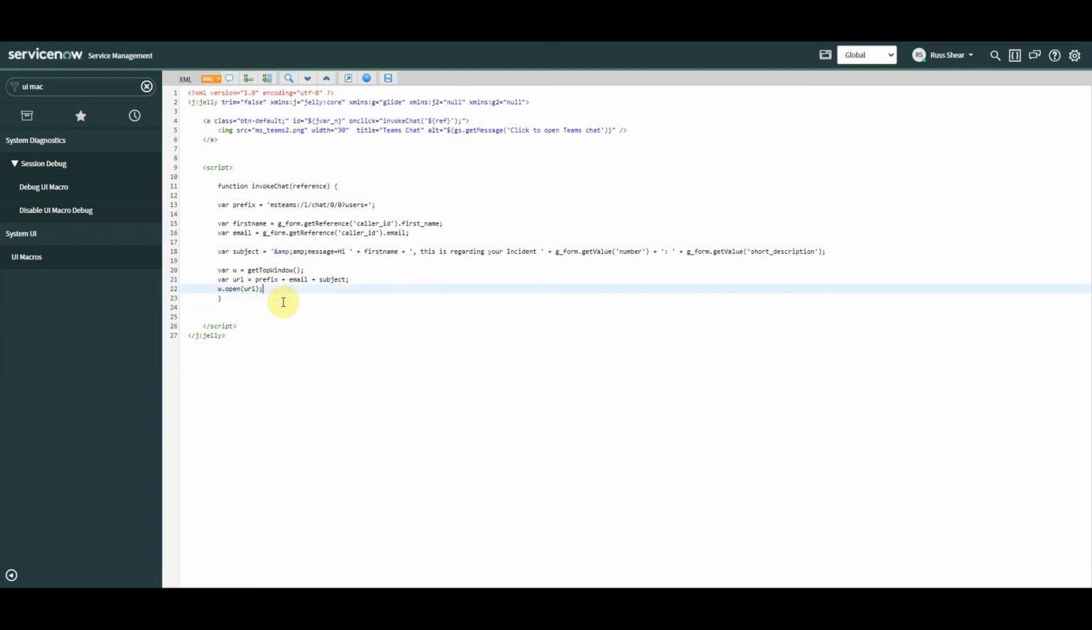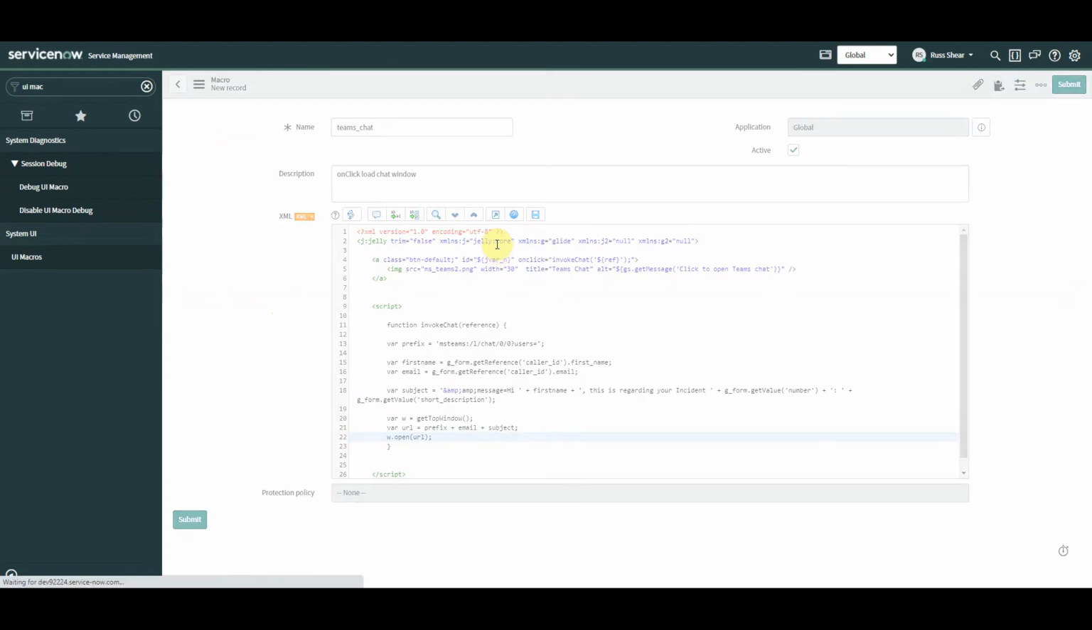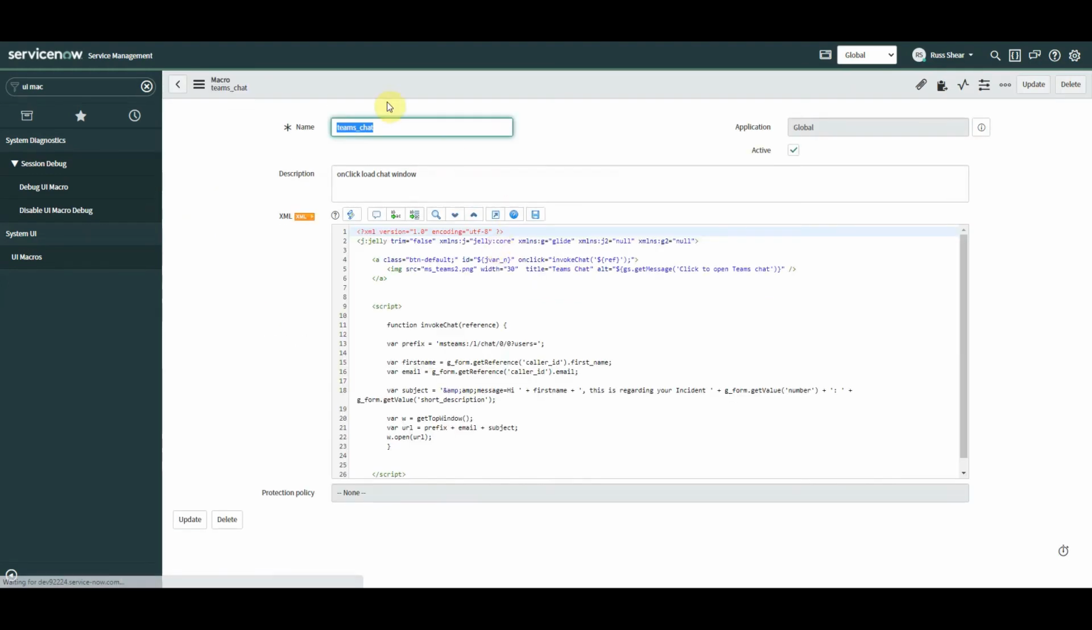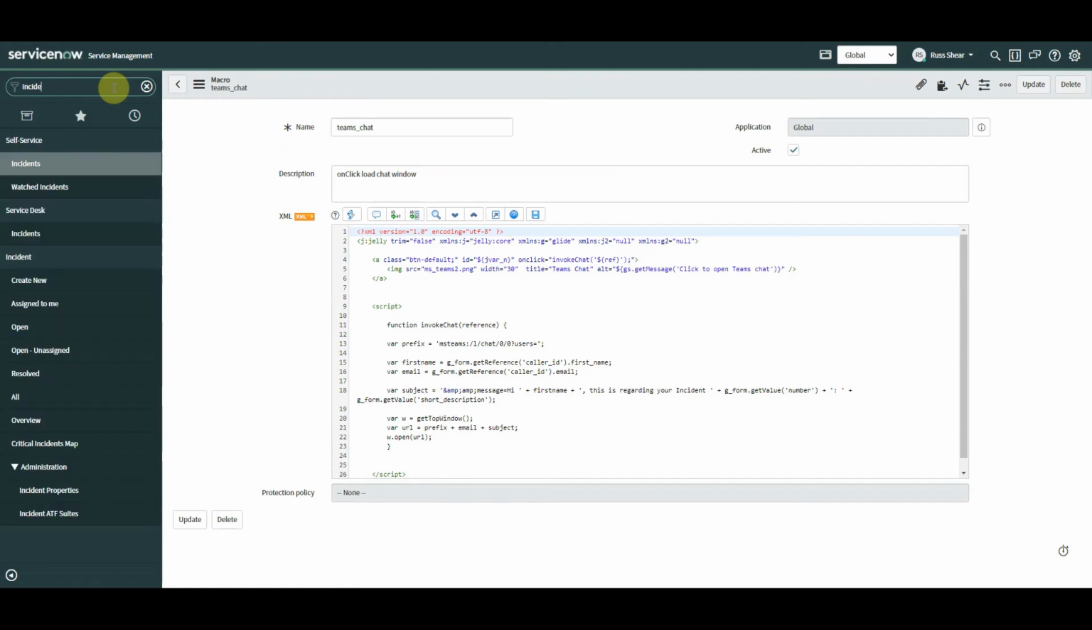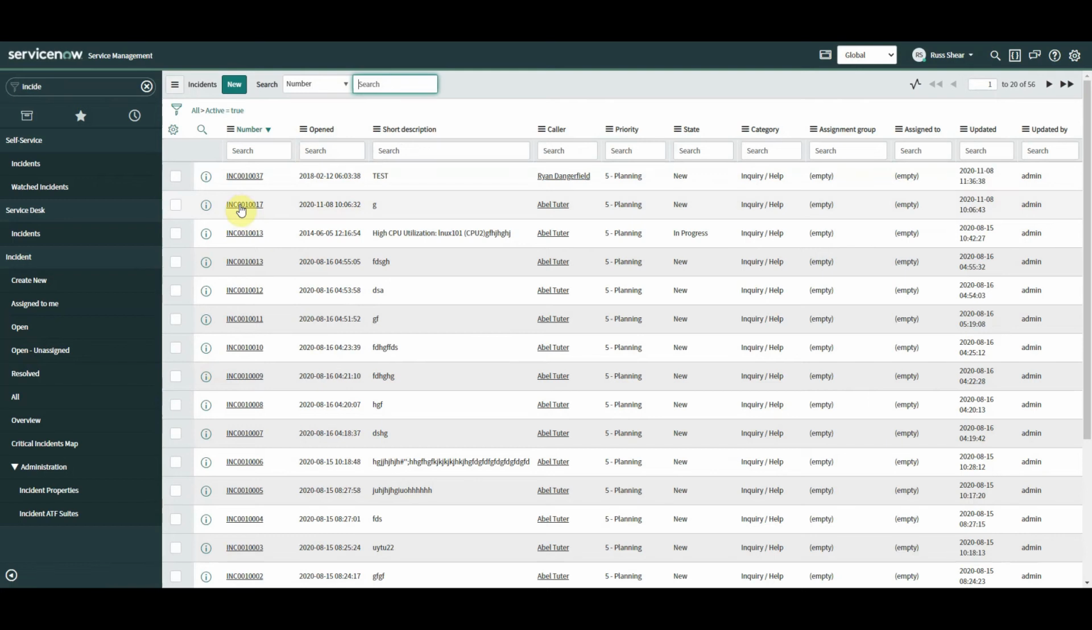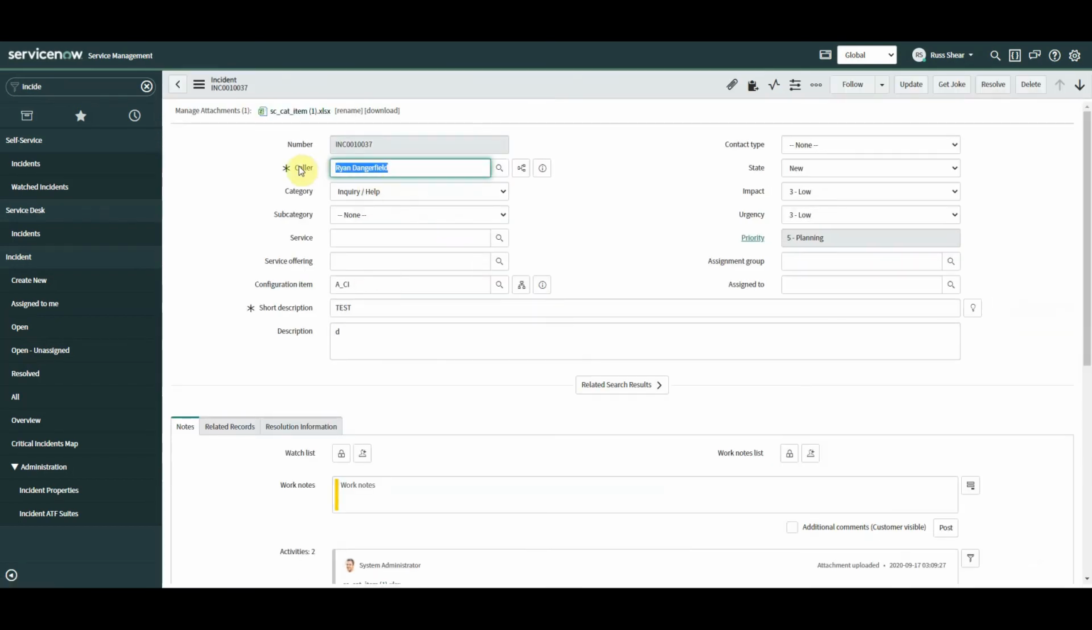Okay, so essentially we are done with that. So let's save that. Okay, then we're going to copy this, the name of our UI macro. We're now going to head over to incidents. You can just pick any incident. We're going to pick this one. Doesn't really matter which one. We're going to go